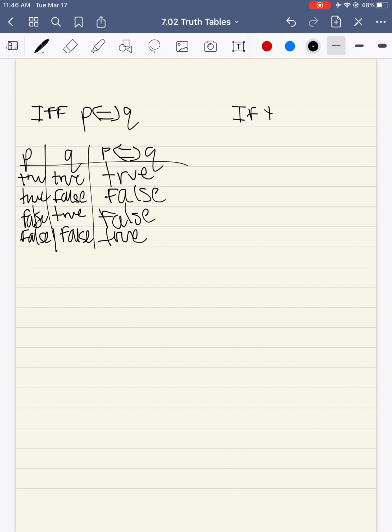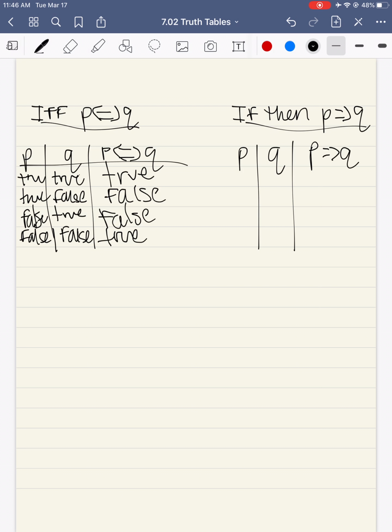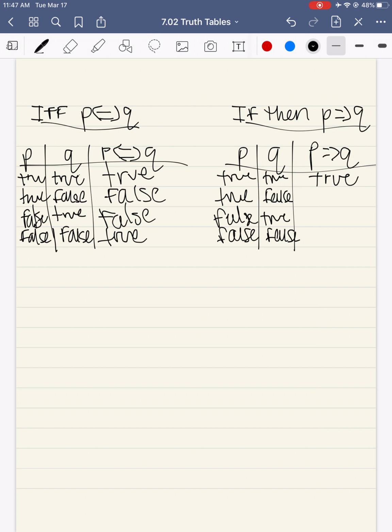For if then, this is just the single arrow. Again, we start with our P and our Q. So this is P implies Q. Looking at this, if true implies true, that's a true statement. True implies false,